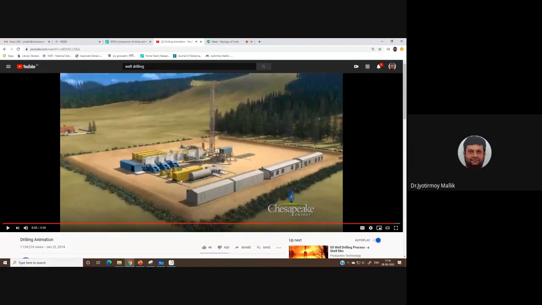Okay. Now you can see here this big tank-like structure. This is where all the drilling mud is stored, which is mixed. So this is a drill mud mixture. From here, the drill mud is pumped to the platform, through which it is pumped again to the bottom. And after the drill mud circulates back to the top, it is disposed of in what is called a drill pit or mud pit. Sorry, in the mud pit.